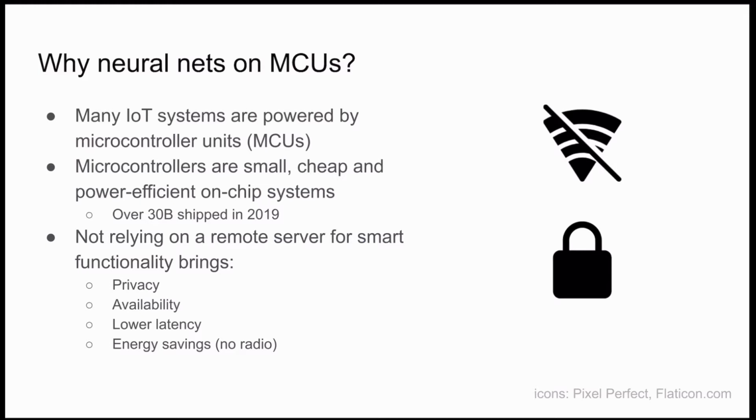However, if we were able to run deep learning models on the device itself, it would bring a higher degree of privacy, because users' data would never leave the device, and also a higher degree of availability, which would allow these devices to function when the internet connection is either slow or unavailable. Also, this would result in less data being sent to the server, so the servers would be less overwhelmed, and also there will be power saved on the radio communication.